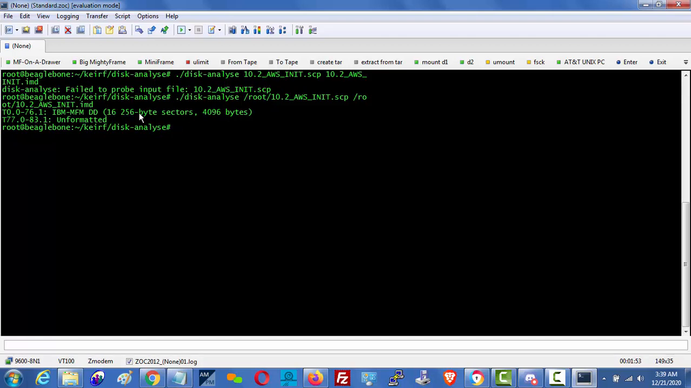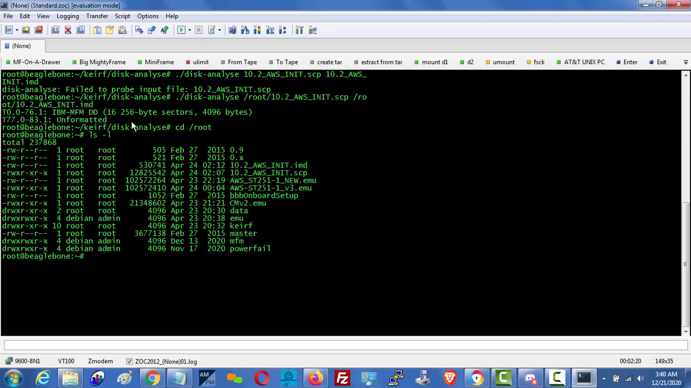16 256 byte sectors, 4096 bytes, and then it came up with another code, which I don't know what it means yet, and it says unformatted. Great. I don't know what those things mean, but I have a feeling it actually did the conversion. Let's go back over to the directory that has this. And sure enough, there it is right here. It created an IMD file, and just by the size of the